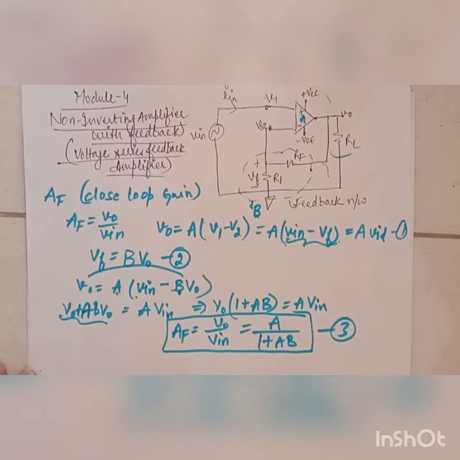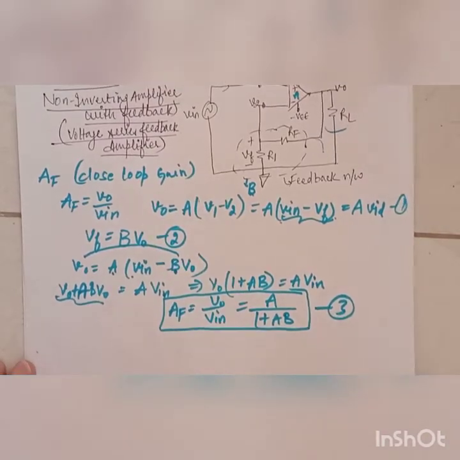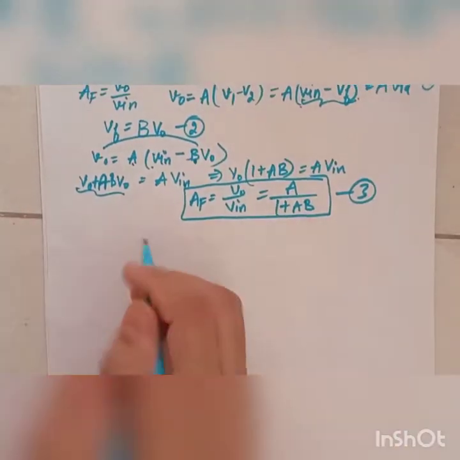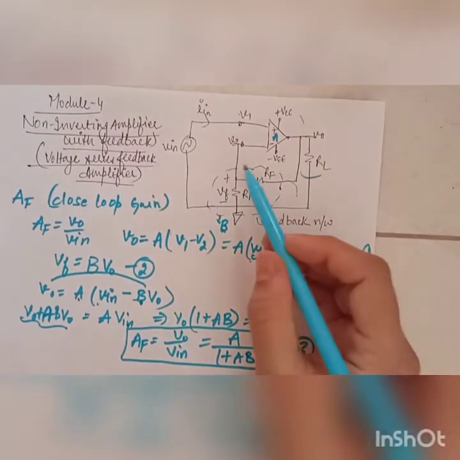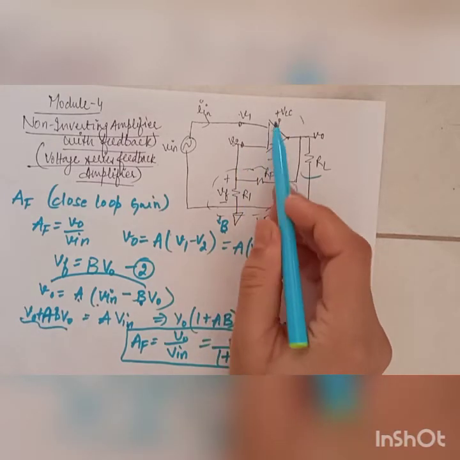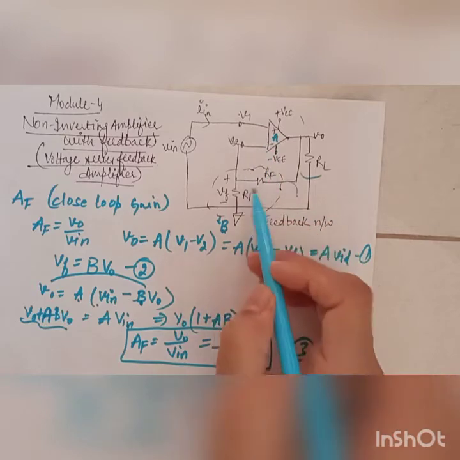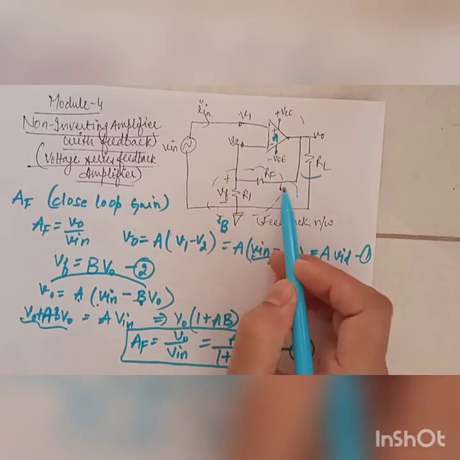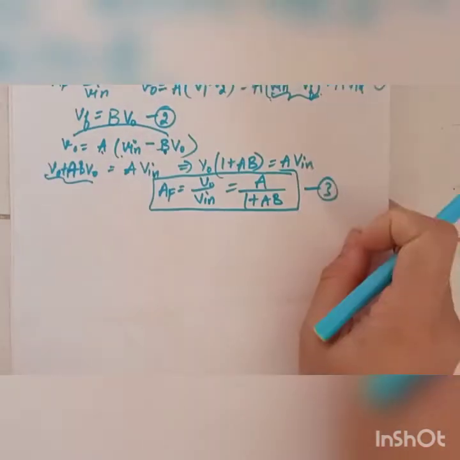Now next I want to find the value of AF in terms of RF and R1. So what I do is, this part of the circuit I will draw once again. The input current going here is 0, because the input impedance offered by this op amp is ideally infinite. So whatever current is coming will come here. So I can say RF and R1 are in series. So let's draw this part.